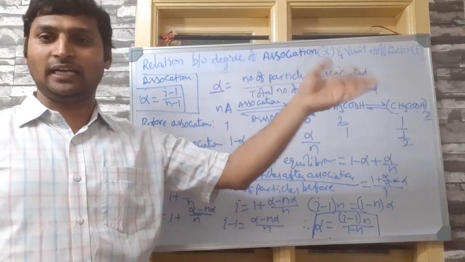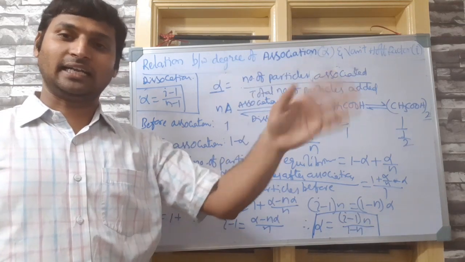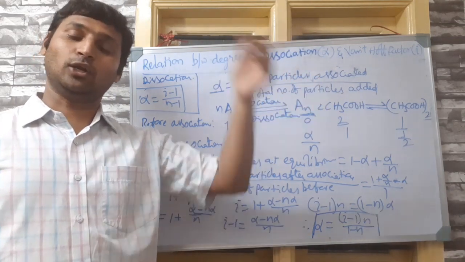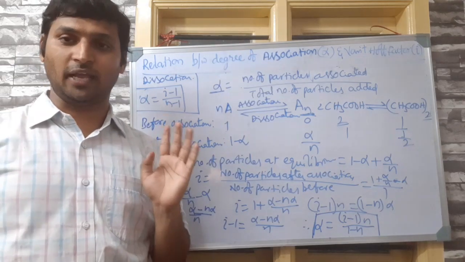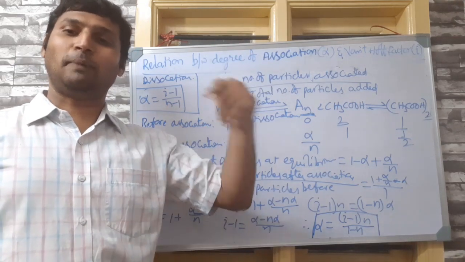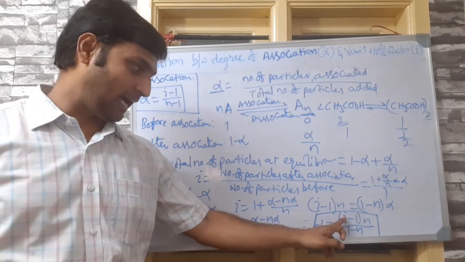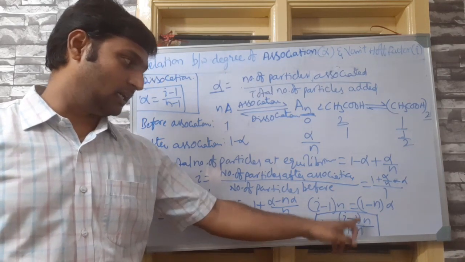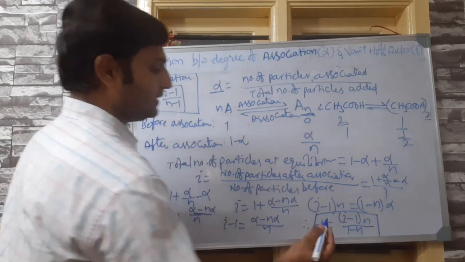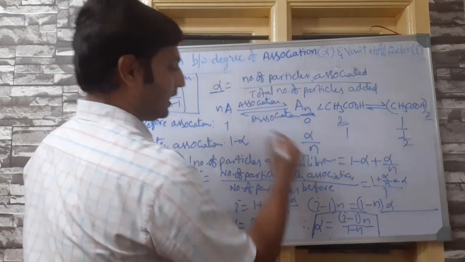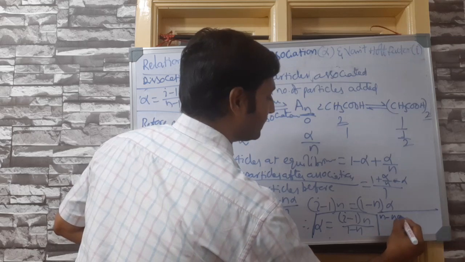I is equal to delta TV by KB into M, or delta TF by KF into M, or I is equal to RLVP divided by XB, or I is equal to pi divided by MRT. Using that information you calculate I. Then the number of particles, n here, please understand n here.